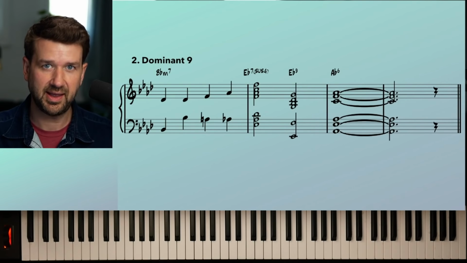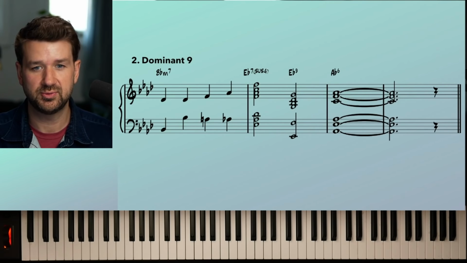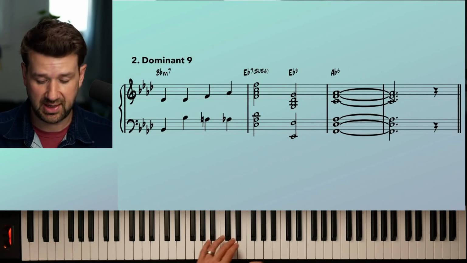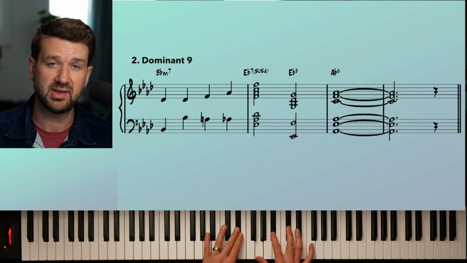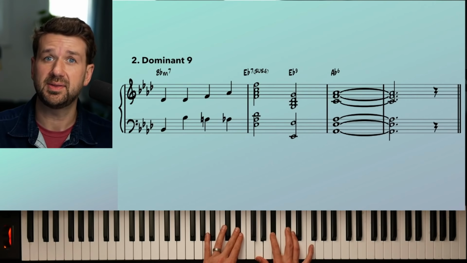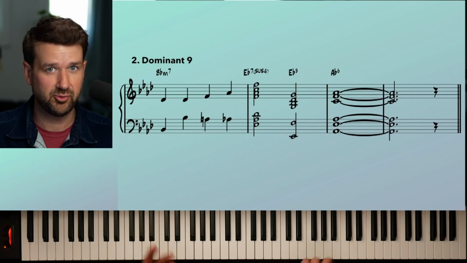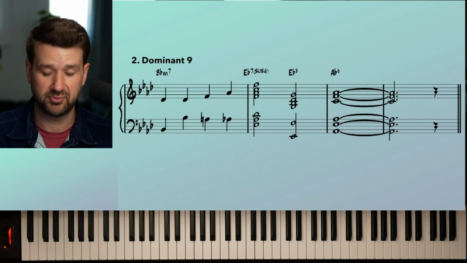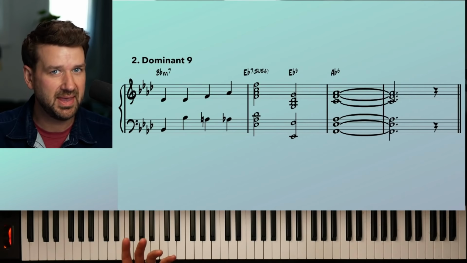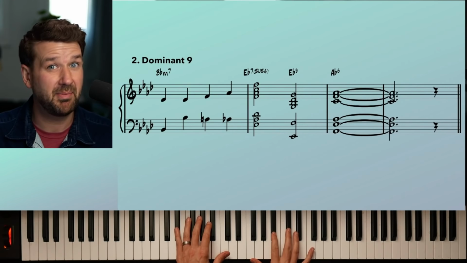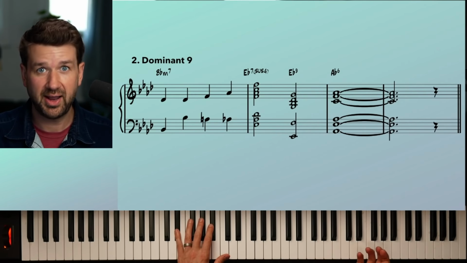Okay, this second kind of dominant chord that we're going to use is a dominant 9. Very similar to the dominant 7 where you would have 1, 3, 5, 7. This we have those and we just add the 9 here. This is a beautiful sound. It kind of reminds me of a lot of Debussy, a lot of Ravel. Sort of the main sonority here is like a B flat minor triad almost,